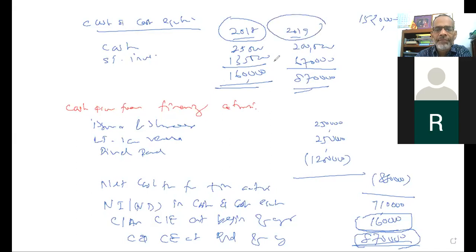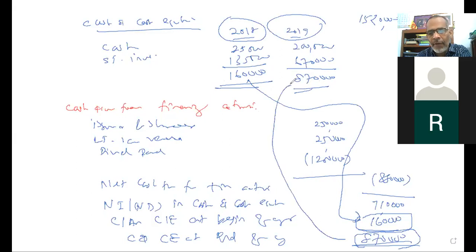Look, this is the answer I have recorded here, this is the answer I have recorded there. Therefore there is no magic. I have followed the structure: how much to be calculated as operating activities, how much to be recorded as investing activities, how much to be recorded as financing activities, all are given in the income statement and the P&L account. Okay,